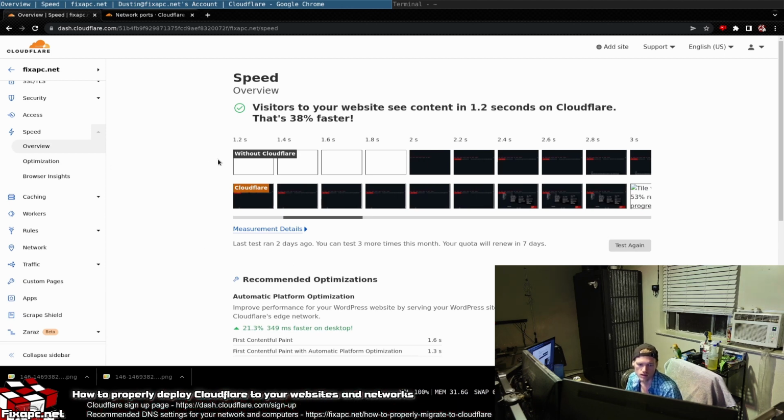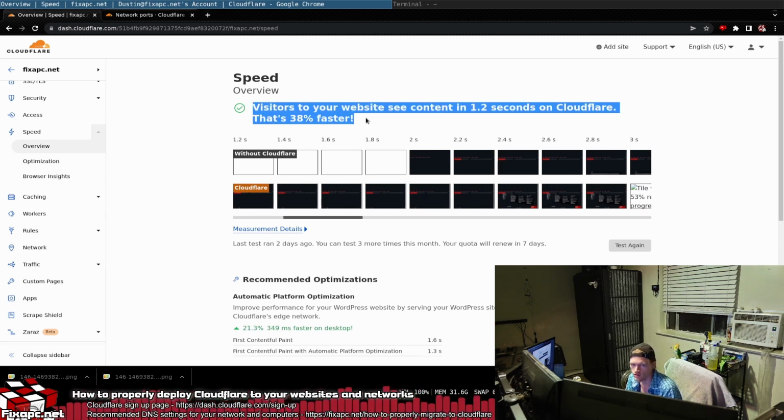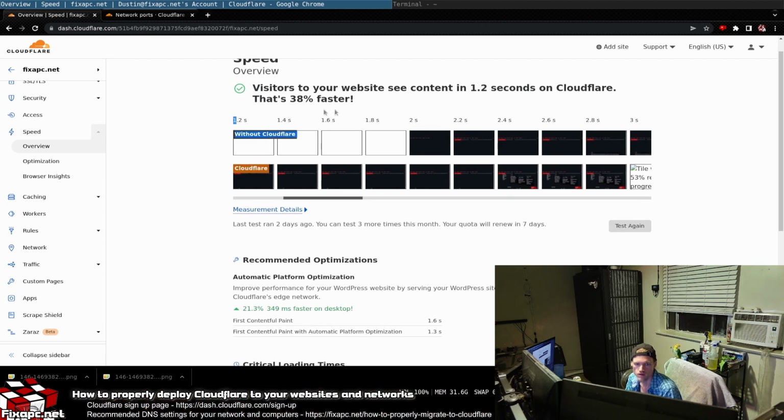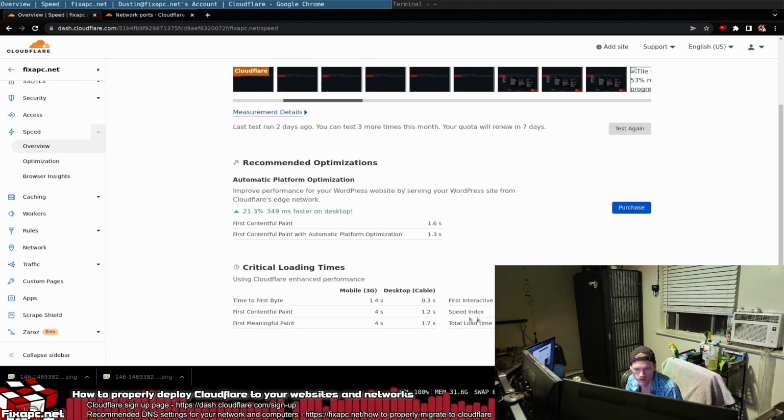Speed. So if you look, visitors to your website see content in 1.2 seconds on Cloudflare. That's 38% faster. Without Cloudflare, it takes about 2 seconds for the site to load. It's already pretty good. I'm not done completely optimizing my site. I'm still gonna tweak some stuff on there, do some other things. So if you know how to, well, never mind that. Okay, so